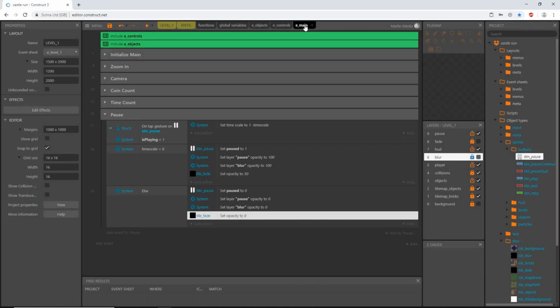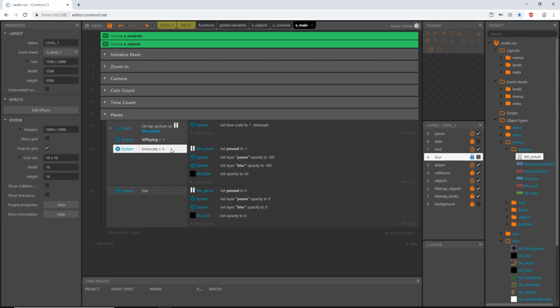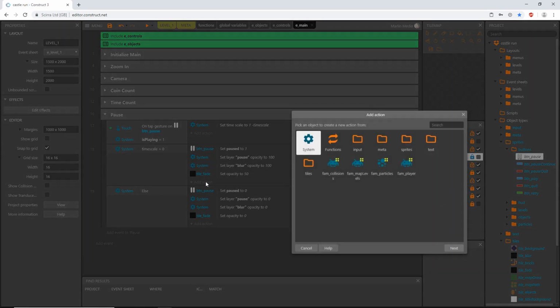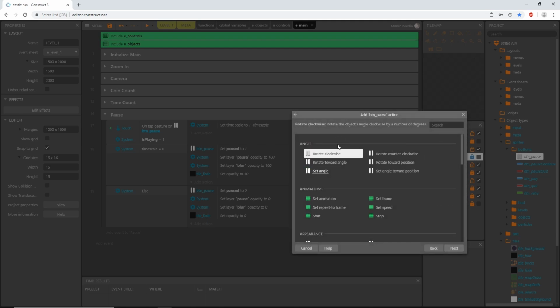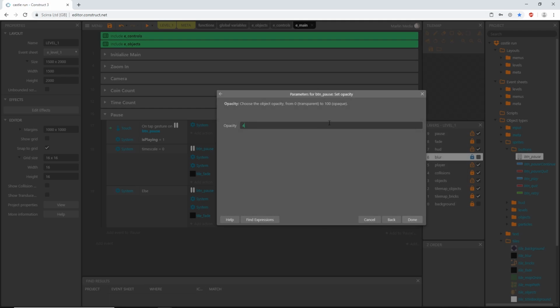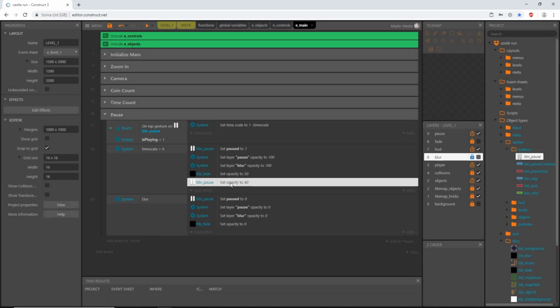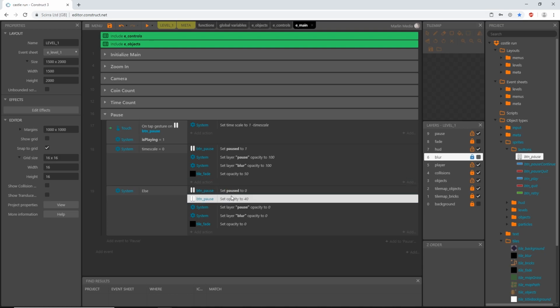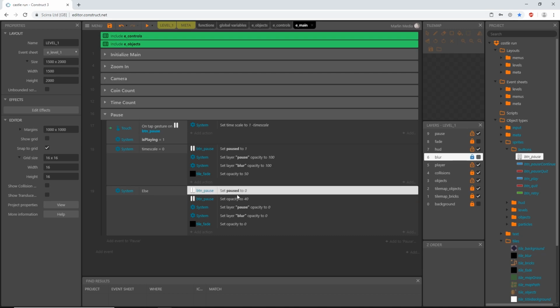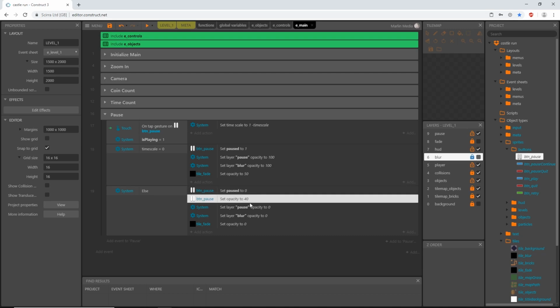Let's go into our main event sheet in our pause menu, and in our timescale 0 event, I'm going to add an action, and I'm going to go grab our sprites, buttons, pause button, and I'm going to set the opacity to, I'm just going to say 40%. This is actually backwards. This needs to be down here. So drag it below our set pause to 0 action,